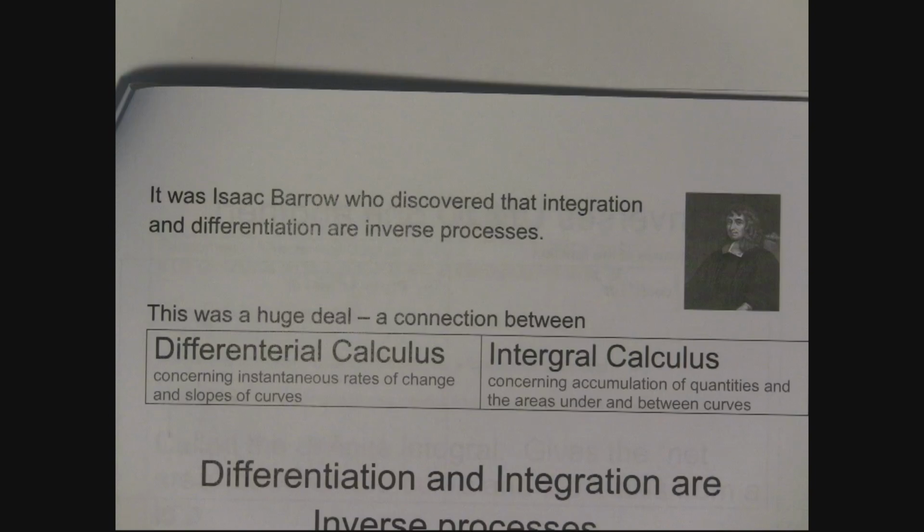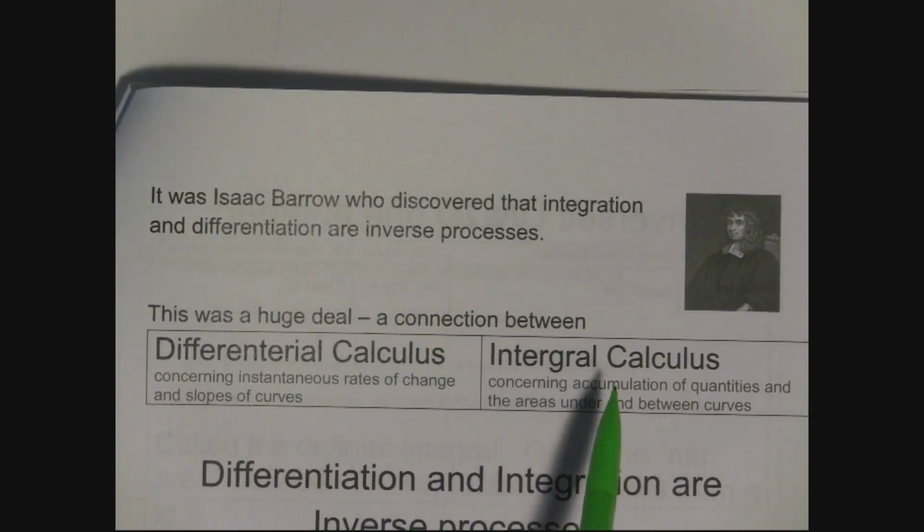They were studying math, and we're talking 200 or 300 years ago, and they were investigating integral calculus, and that concerned the accumulation of quantities and the areas under the curve and between curves. So that's what they were looking at, and how you could find a Riemann sum to find the area between the x-axis and a curve, or between two curves, and could you do it with other things, and all of that. So you had two different groups of people studying this, one group studying this and one group studying this,